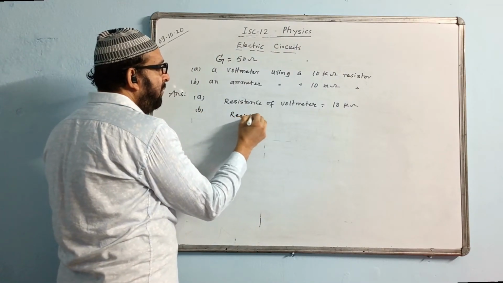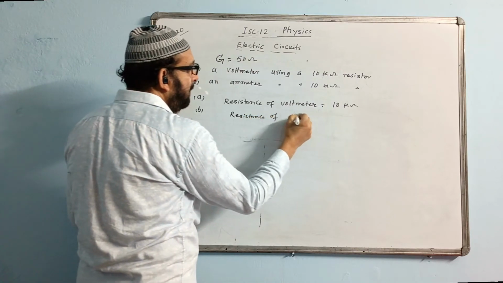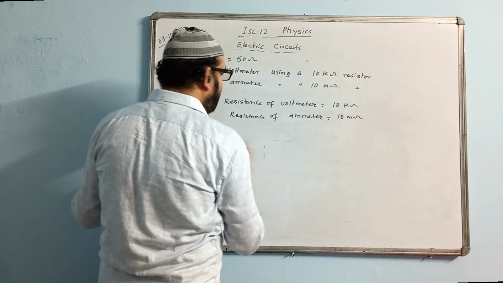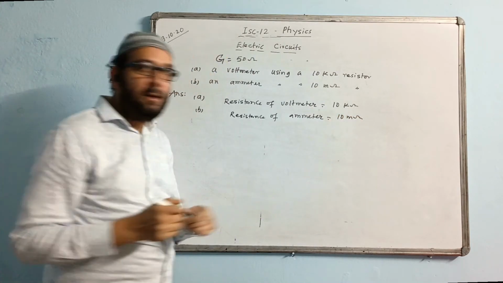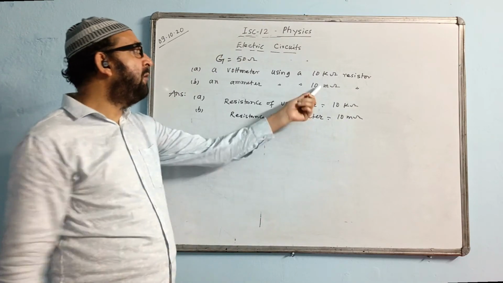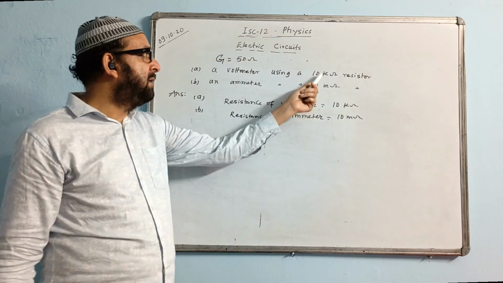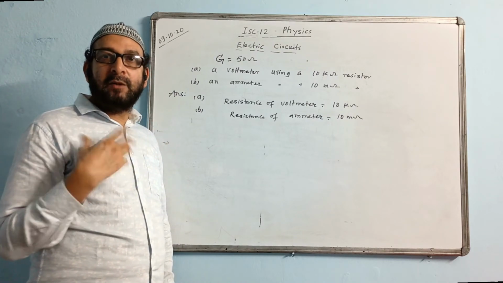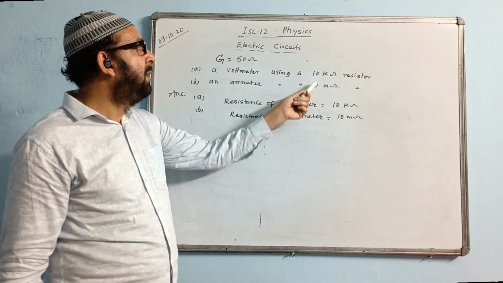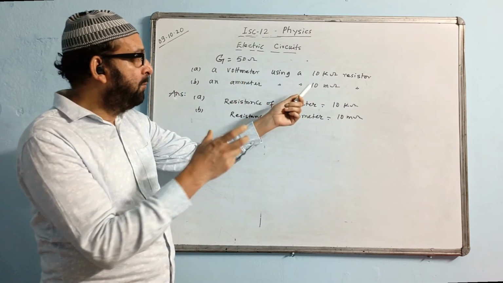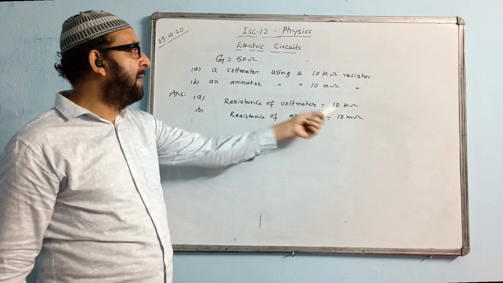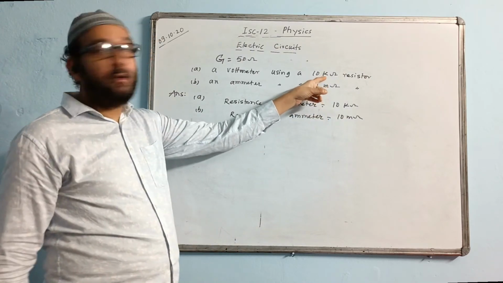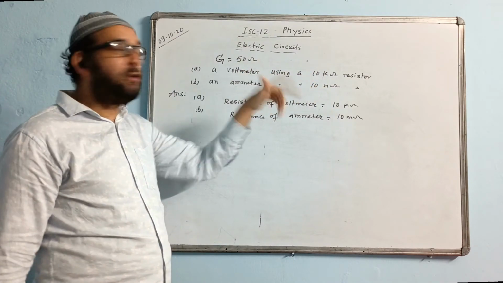Second part B. Resistance of ammeter is equal to the same answer, 10 milliohm, without any calculation. Finished. This is also in two significant figures. This is the value of S, the shunt, and this is the value of R. Approximate value, significant figures and all, they find more approximate kind of value. So that value will be equal to the value which we are putting extra over there, either in series or in parallel. So that is the only answer. Actual answer is supposed to come, 10 kilo is 10,000, 10,000 plus 50, 10,050.